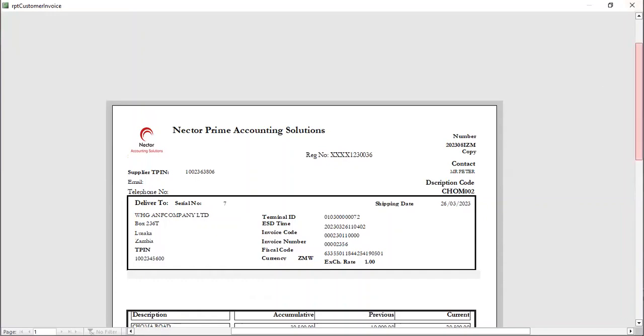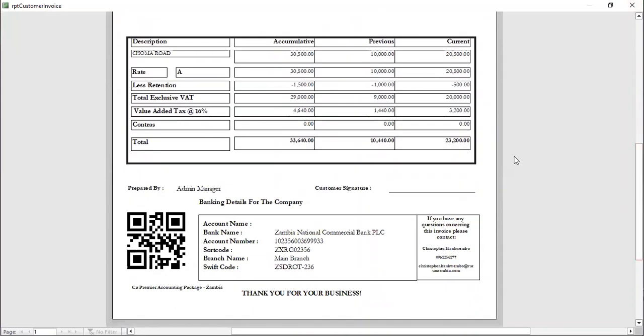Now, if you check this figure here, 23,300. If you have a popping right somewhere, 10,440 and 3,000, the totals. How are we arriving at those totals? We are simply saying from 20,000, the certified amount, 20,500. Now, there was a retention of 500 kwacha. That retention means this is security, which